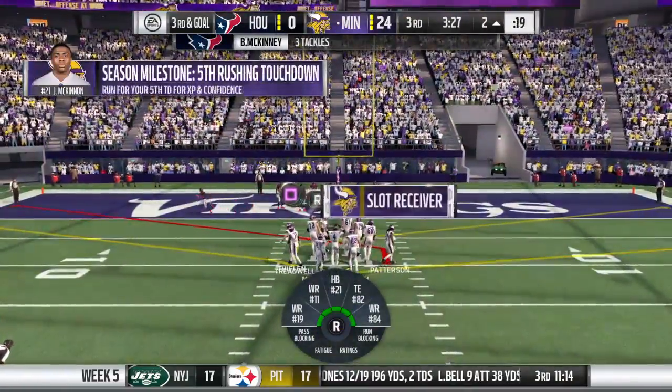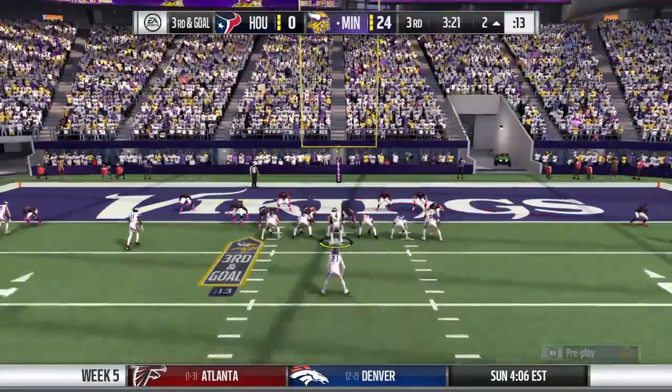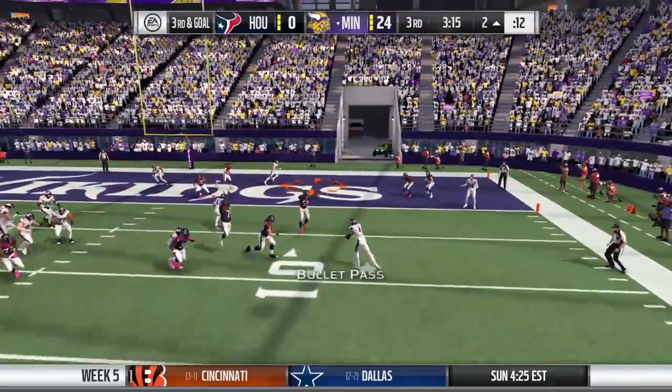That was a nicely run slant route, and what the receiver's trying to do is make the defender think he's going upfield for a deeper route and then breaks it off, usually after about 3 to 4 steps, and cuts towards the middle of the field. And now what he's trying to do is use his body to keep the...